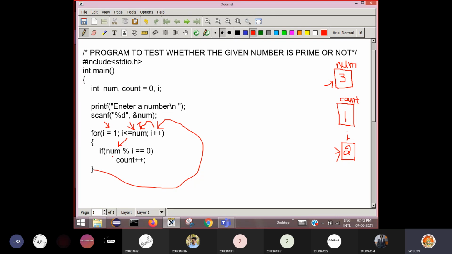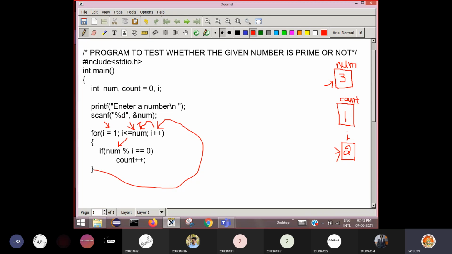Inside the loop it checks whether num is divisible by I or not. 3 mod 2, is it equal to 0? No, false. The if body executes only when true; otherwise it comes out of the if condition. After the if there is nothing to execute, so it reaches the end of the for loop and control goes back to the increment section, I plus plus.